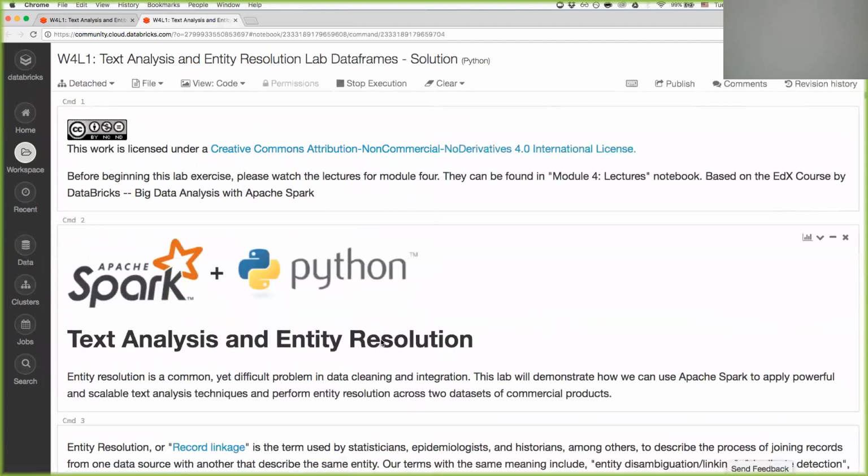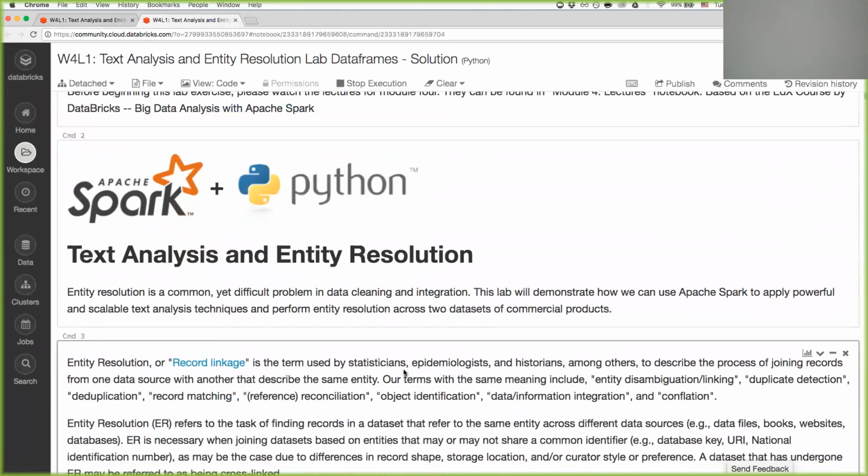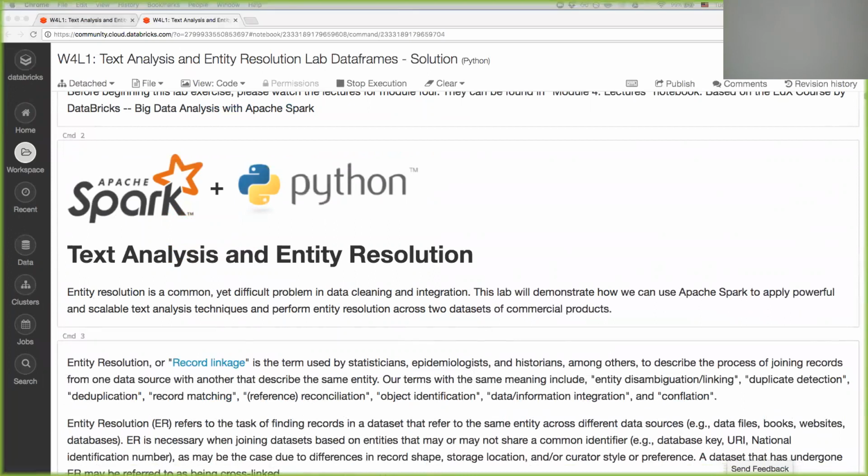So the idea here is that it often happens in data problems that you have records that you maybe want to identify as unique records. And what happens sometimes is that,